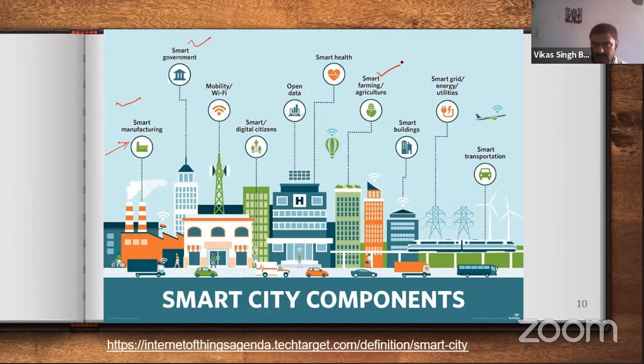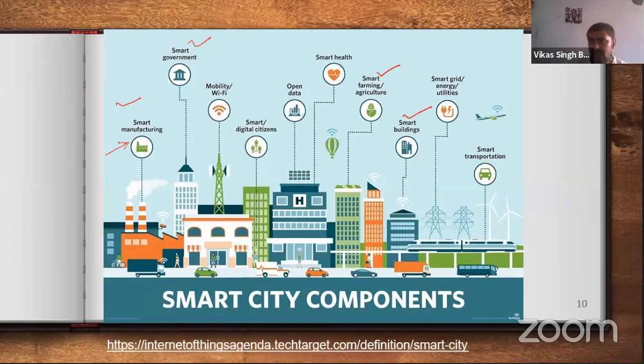Then smart building, this is another key component. In a smart building, we are able to sense the light energy, temperature, humidity, and as per those parameters, the illumination level of particular lights, those smart lights, will be set, and that will save energy consumption. Then smart grid,